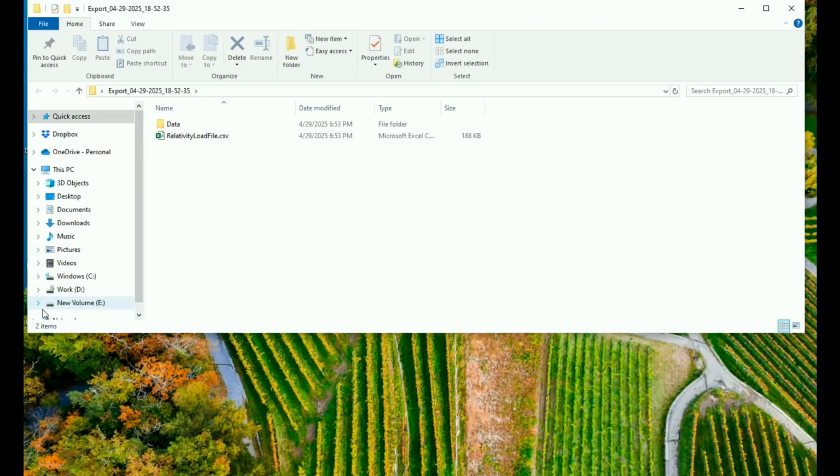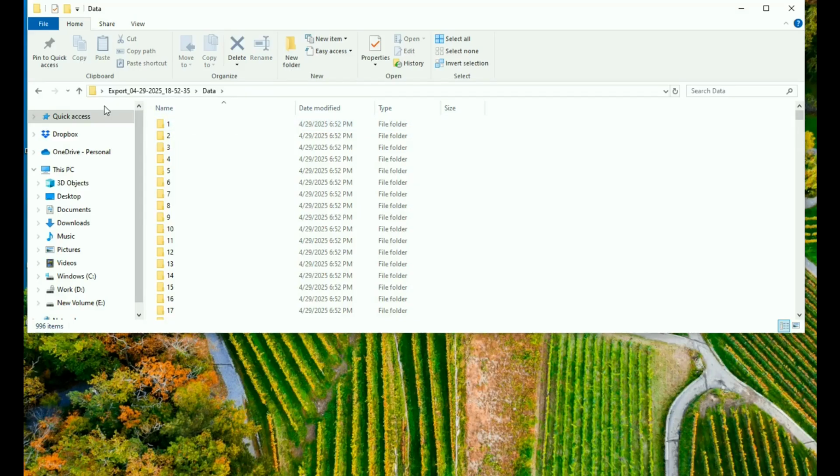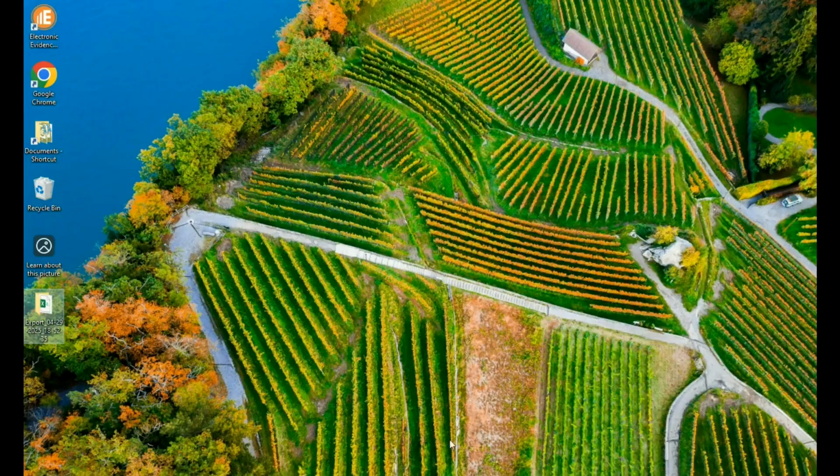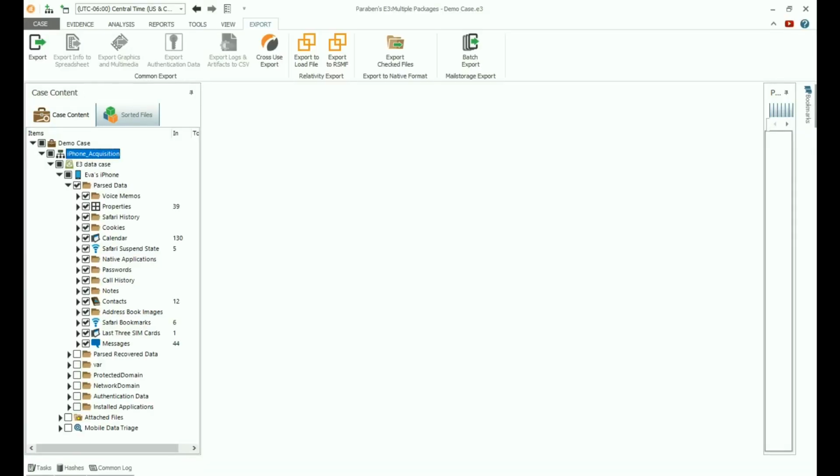Once the exporting process is over, locate a folder with exported data at the destination path. The folder contains the exported data and the Relativity load file required for correct import of data to the Relativity